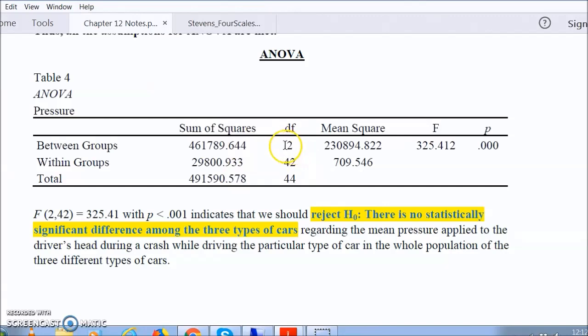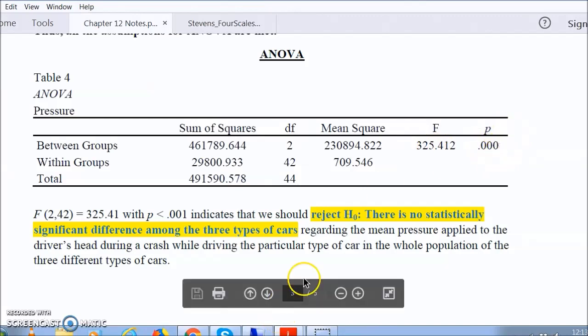If we add 1 to 2, that gives you 3, which tells you there are 3 groups in it. If we add these two and add 1, that gives you 45, which is your total number of data points. And then this is my F value, which is very large, and you can see the p significance is less than 0.000, which means we reject the null